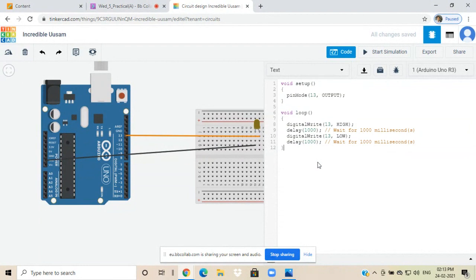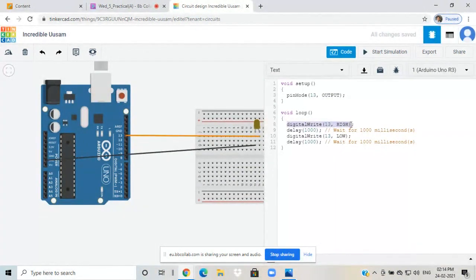Okay, this code is exactly right. Why? Because you can see in the diagram on pin number 13, we connected with the one terminal of LED to give the output. So that is why pin number 13 is there and it is assigned as the output. Then in the void loop, the logic is exactly same, digital write, because it is a digital pin. We are writing on pin number 13.